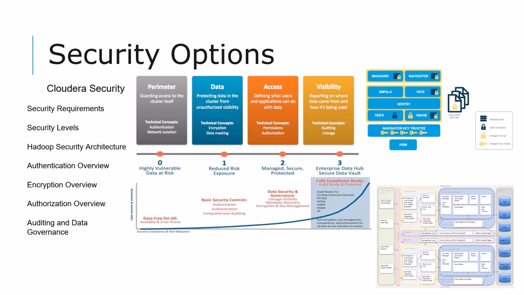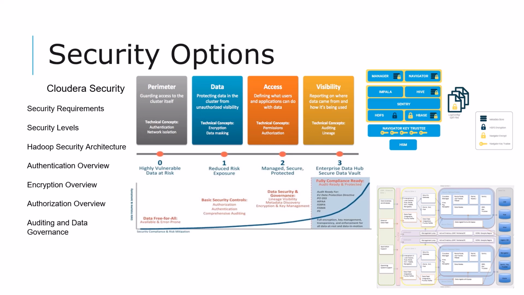Authentication is first configured to ensure users and services can access the cluster only after providing their identities, right? And next, authorization and auditing proceed. And level 2 is managed secure, which is more secure than